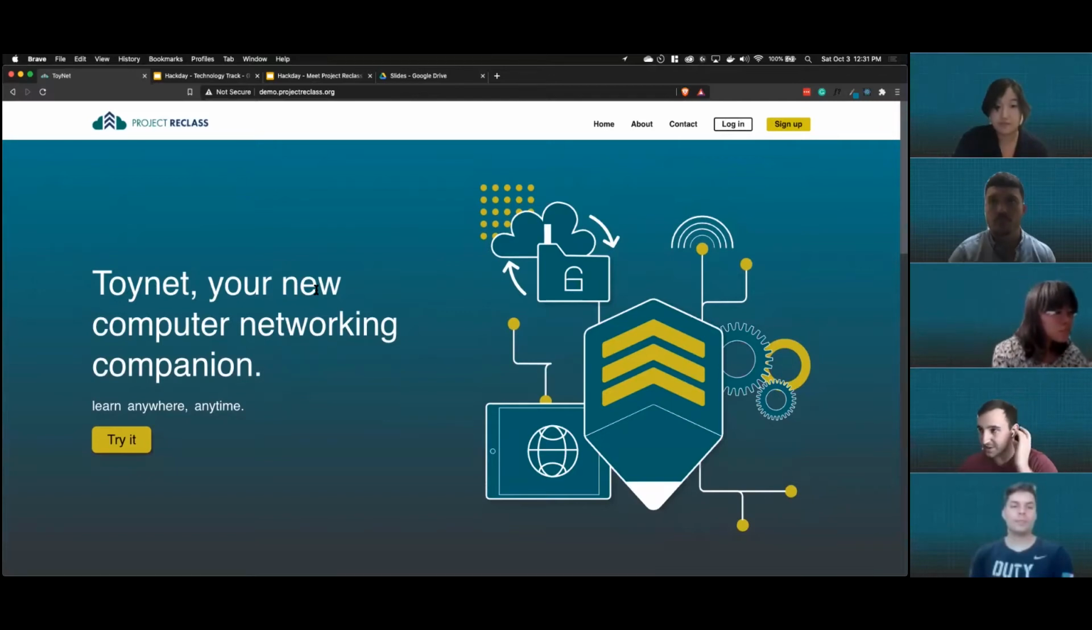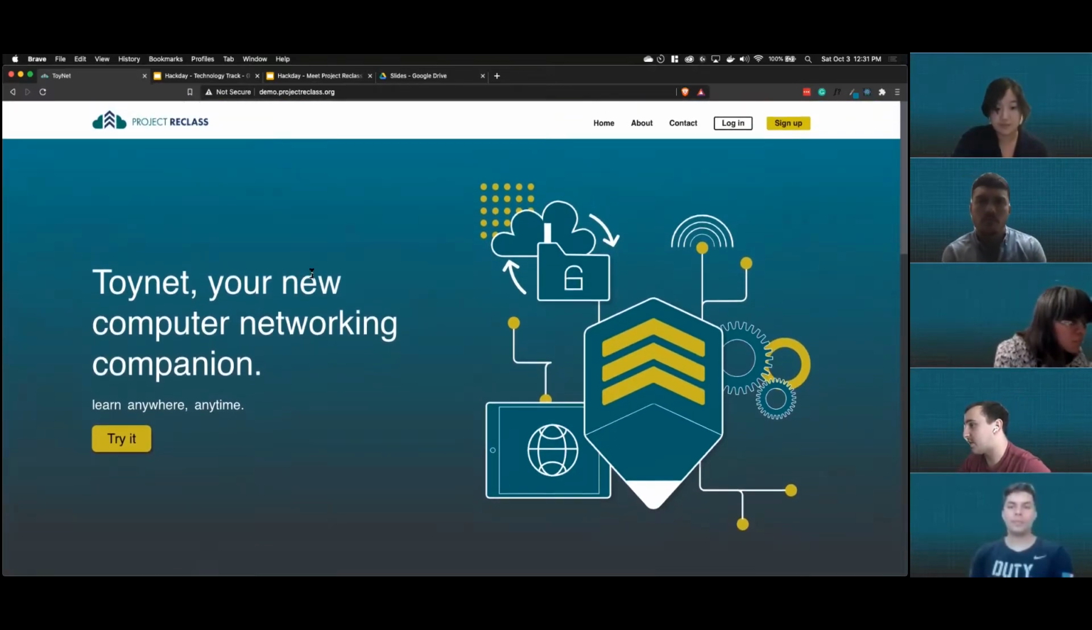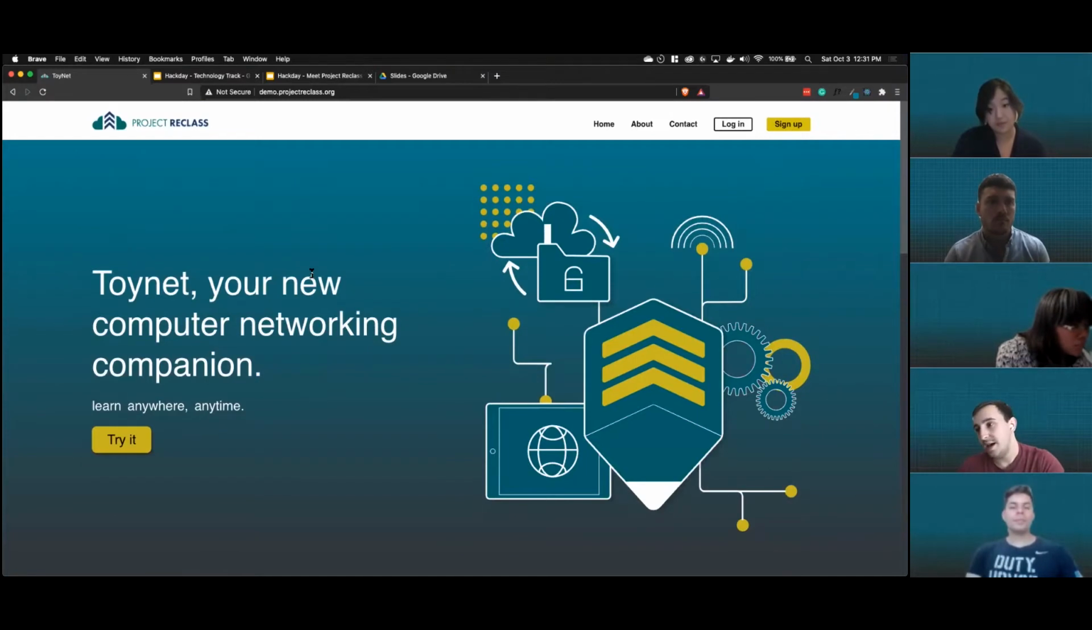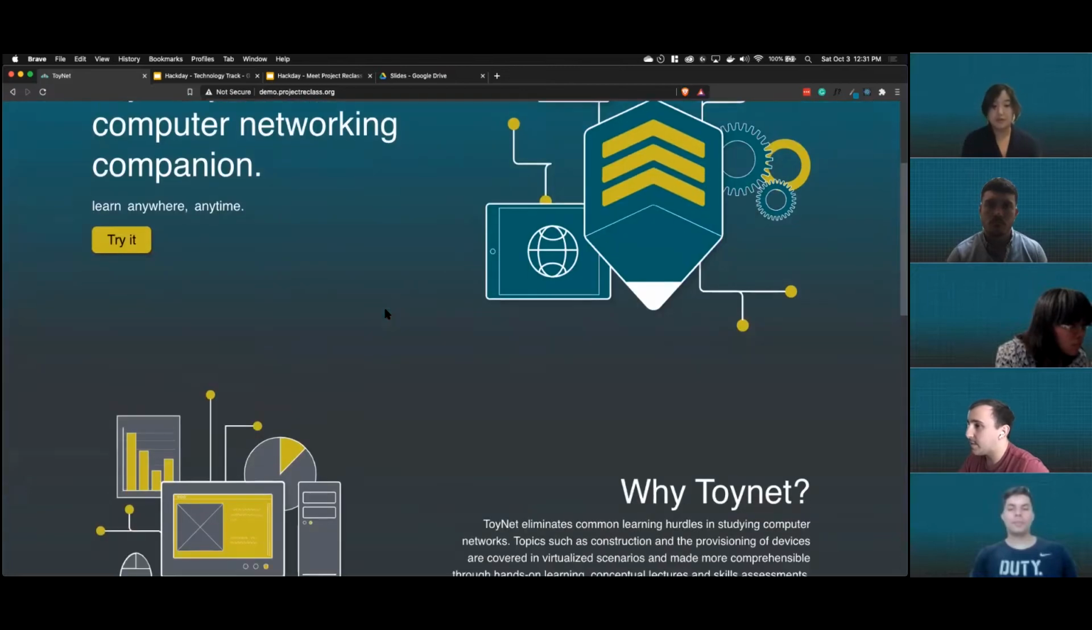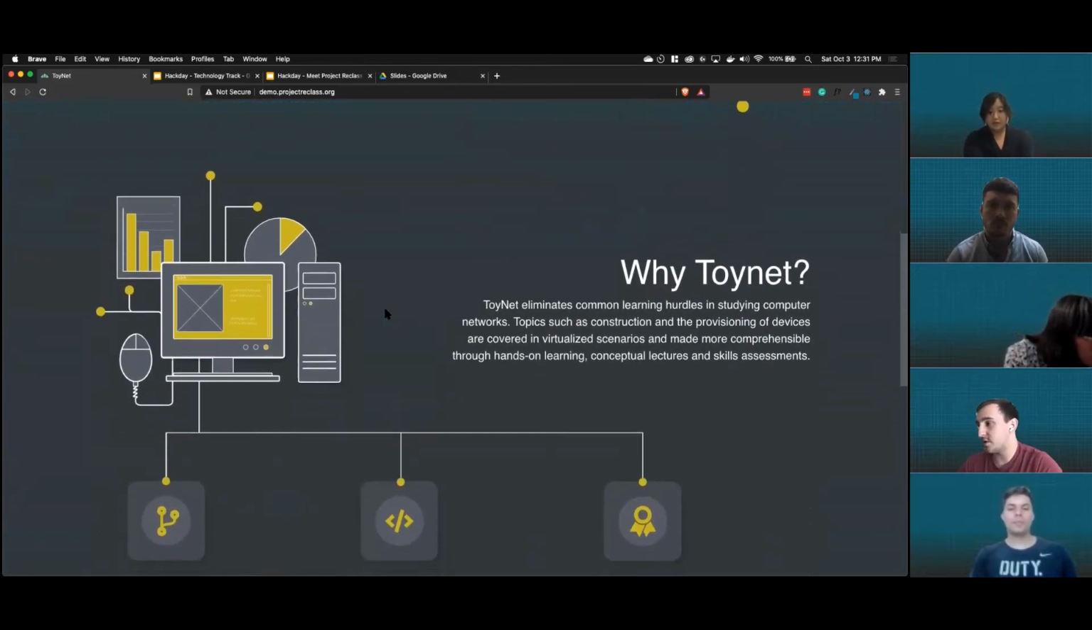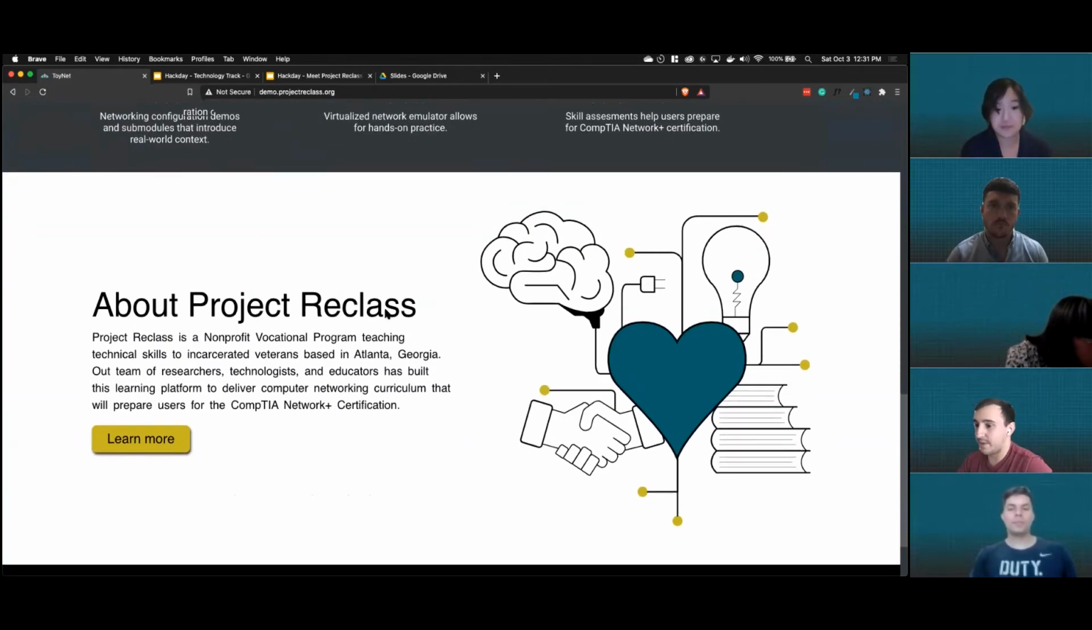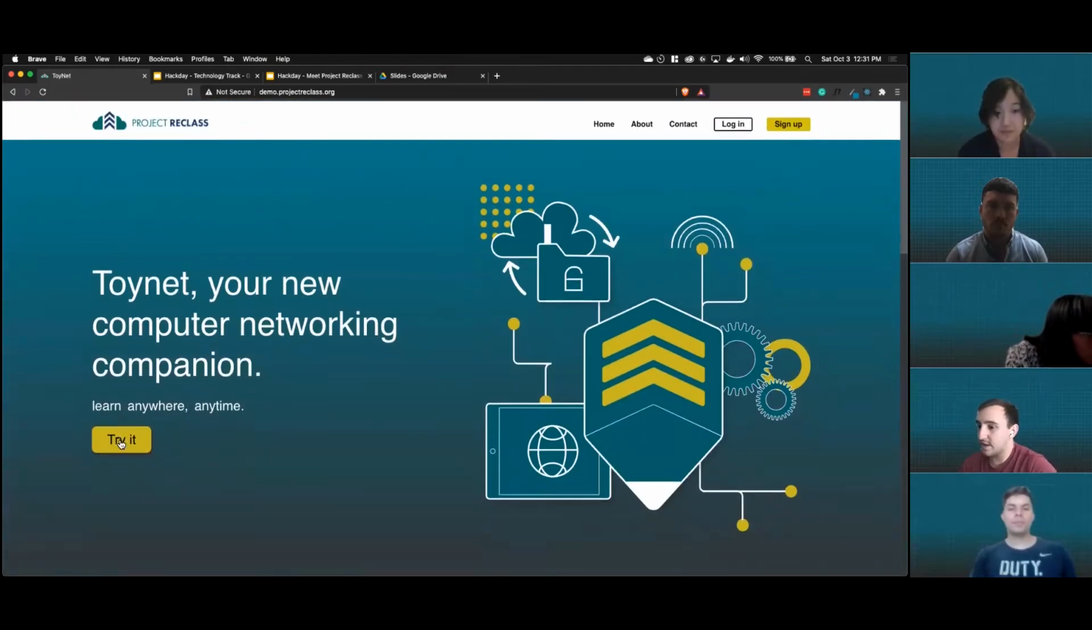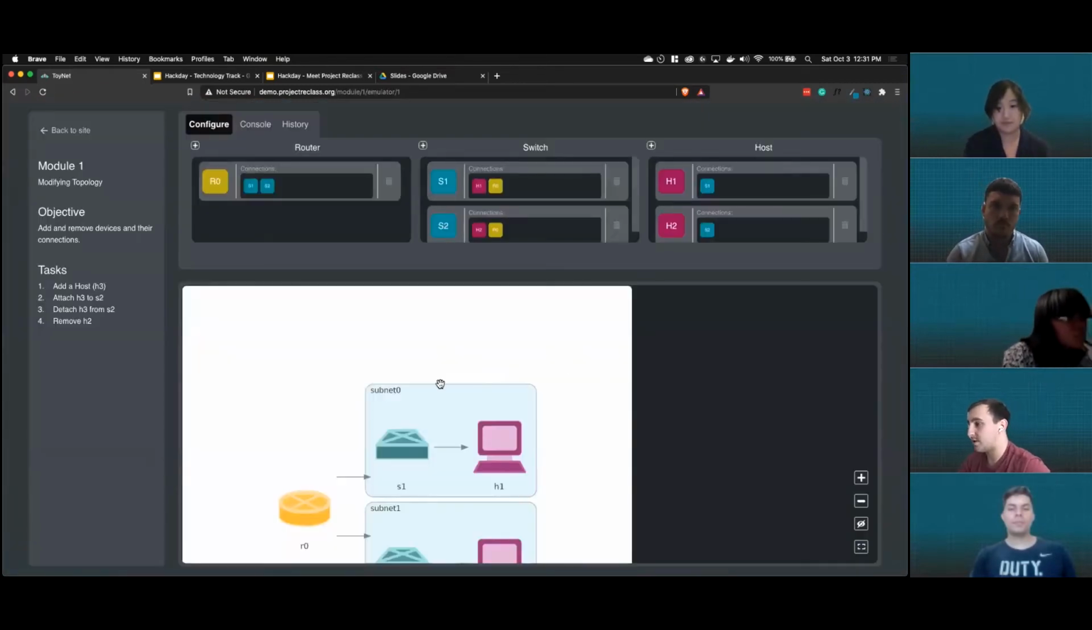So when you first visit the application, you're greeted with this beautiful splash screen, which our UI and UX designer Cecil actually designed many of these illustrations. And you'll be able to hear more about his process in the technology track. But this splash screen just kind of gives us an overview of what ToyNet is, why ToyNet, and about Project Reclass. And if we go over here and we hit the try it button, we are brought to the actual